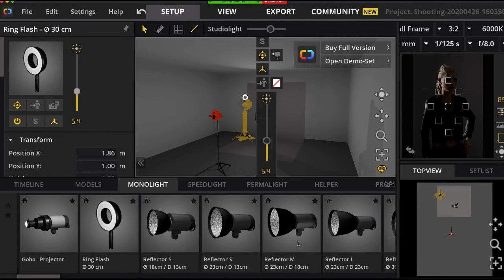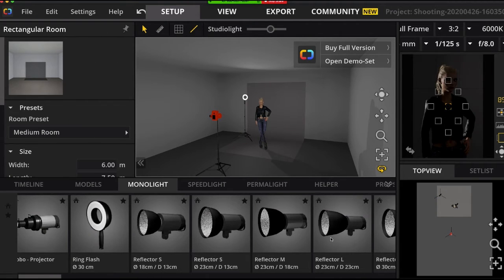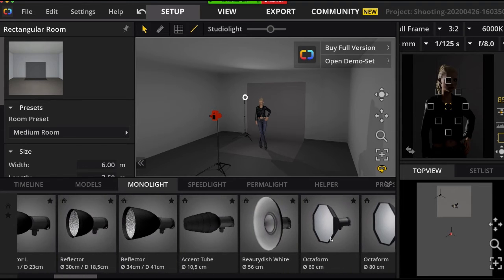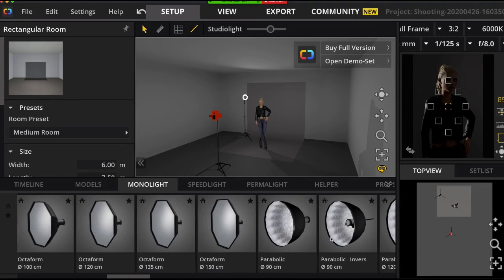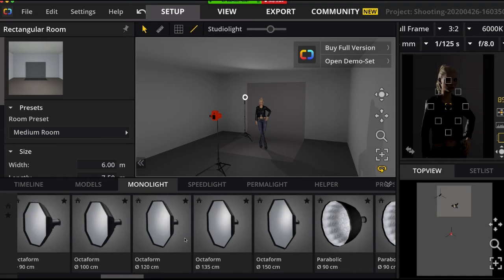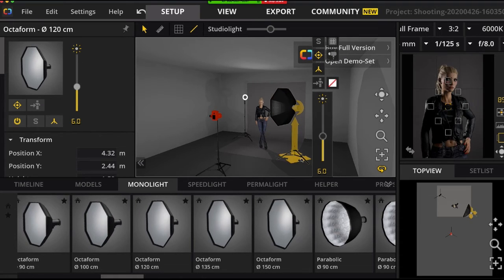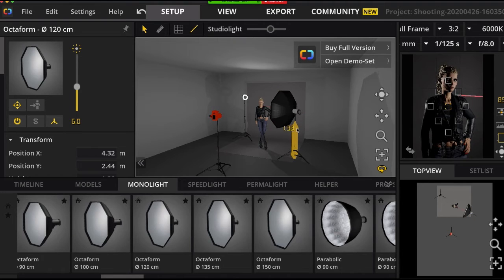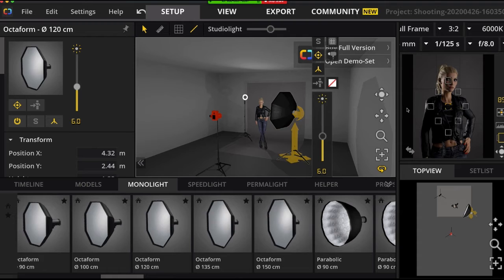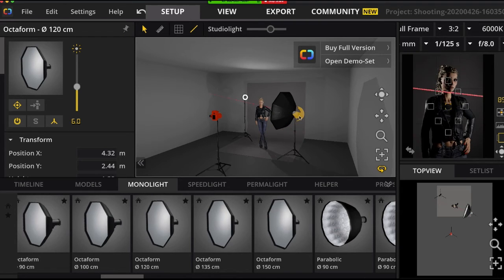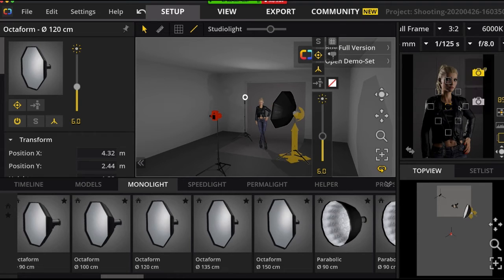Then I want to have, say, an octa in front. I put it over here, and I can go a little bit down. On the right side, you see a red line show up. I can make the red line point to the face. Now you see that the light reduced in here.